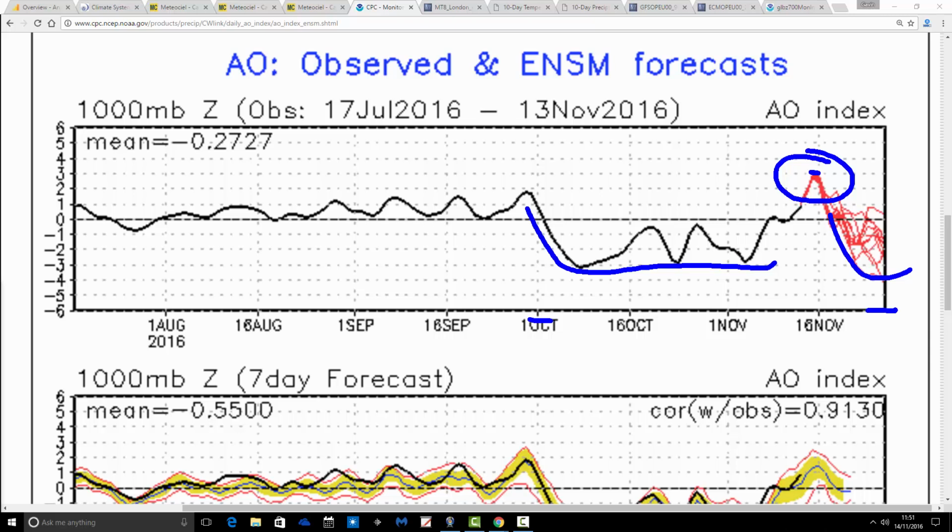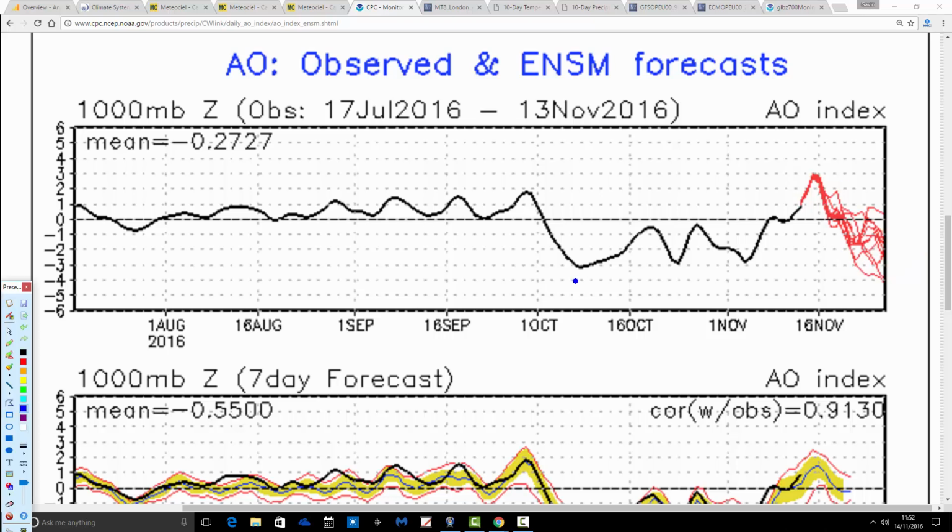This is an index that's reflecting the state of the atmosphere over the North Pole. So when the Arctic Oscillation is negative, it tells you you've got blocking, you've got high pressure over the pole. And that's what we've had through much of October, through November as well. It looks like despite this shorter phase of positivity of the Arctic Oscillation, we'll be going negative again in the second half of the month. There really are some very negative ensemble members there, indicating lots and lots of blocking on some of these members